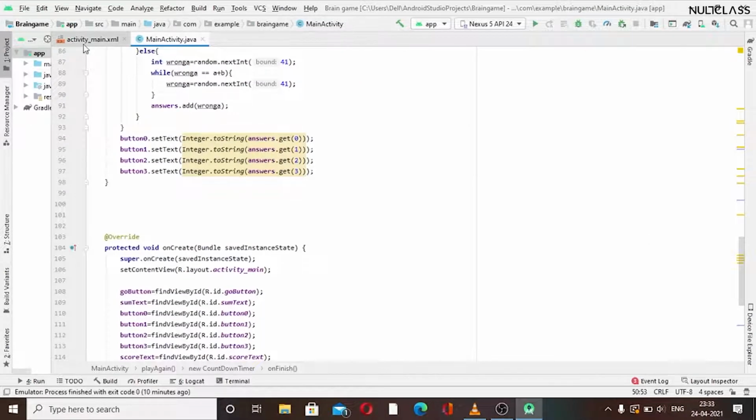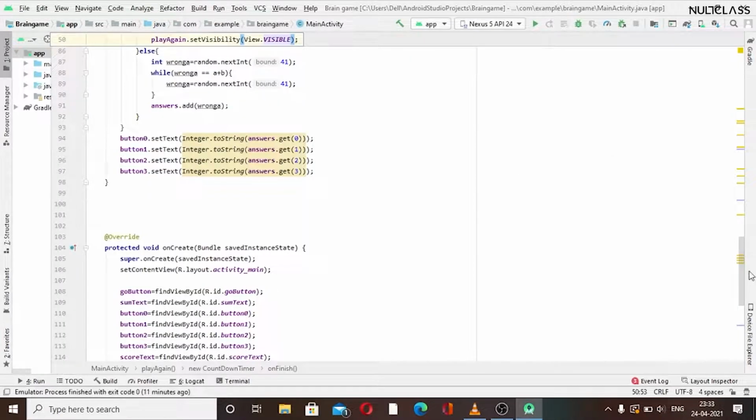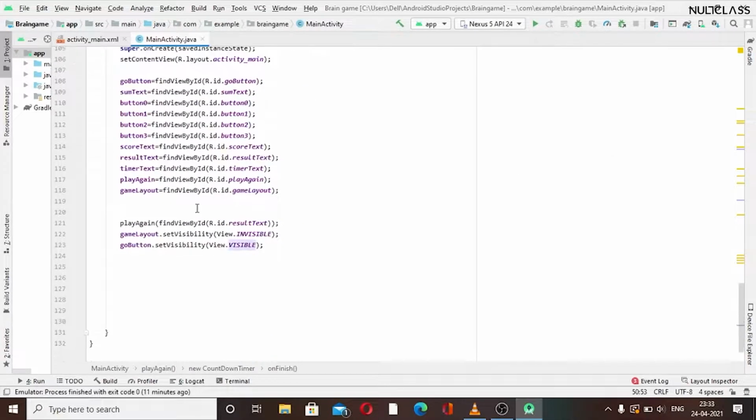Now let's test that nothing is left. We will start with our go button. Let's just check our code, that we will use this play again button here. Game layout will initially be invisible, go button will be visible.